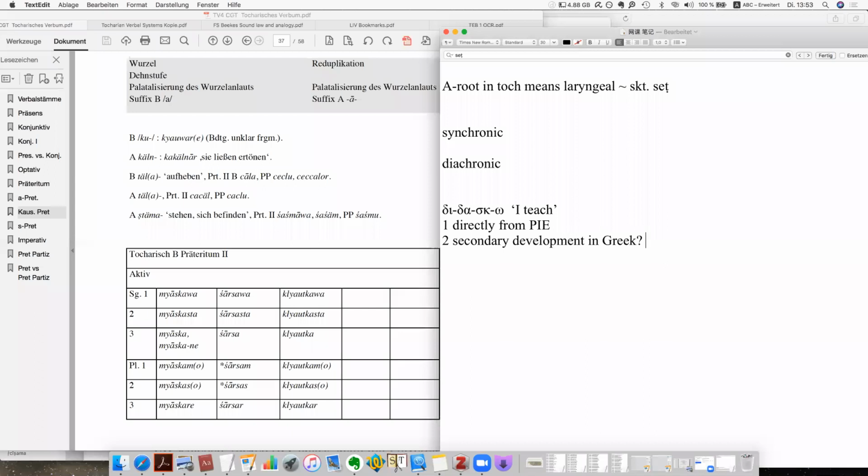Which one? Is it directly from PIE or is it a secondary development in Greek? Great. Yes, it is a secondary development. Why? Because